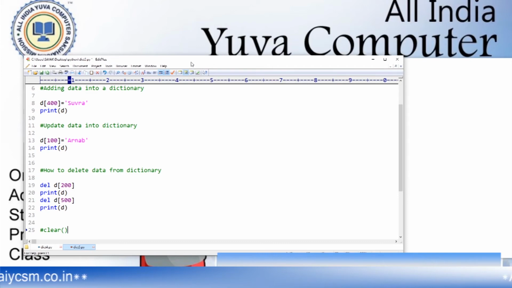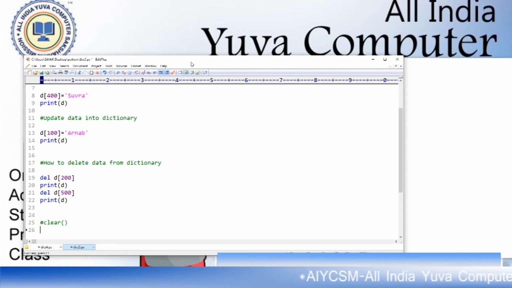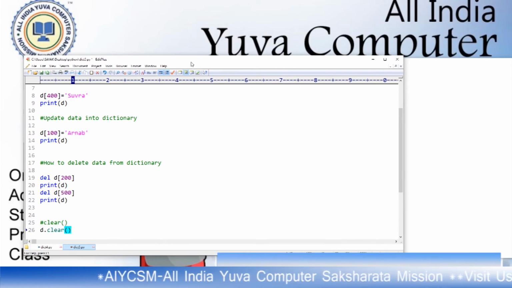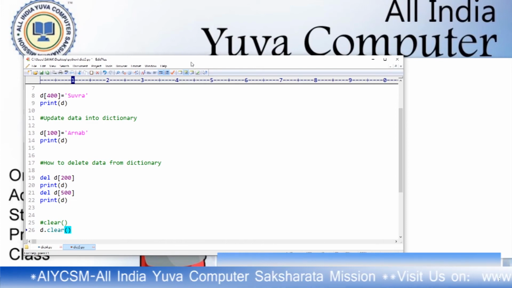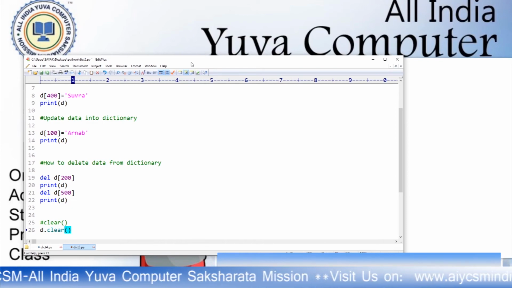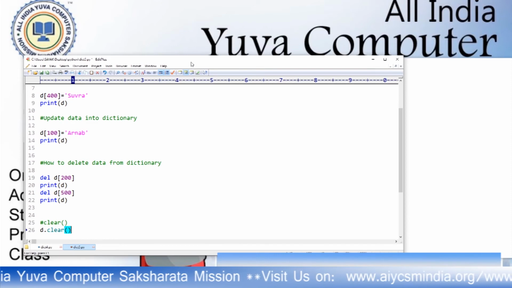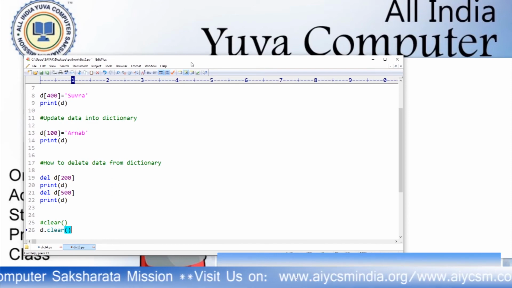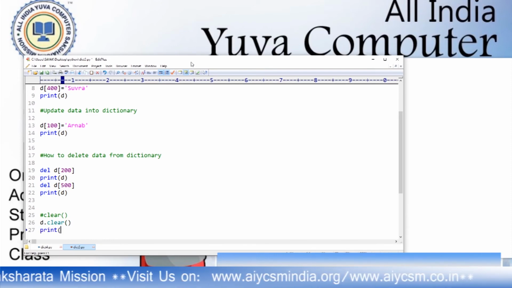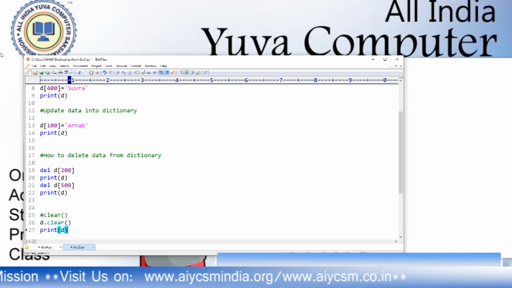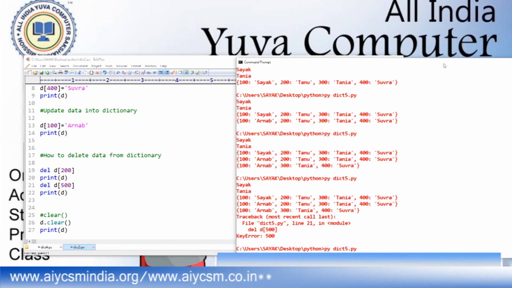So if you use d dot clear, it will clear the dictionary. You will not find any items, it will provide you the empty dictionary. Now if you print d, save it and run it, you will see there is no value in the dictionary.